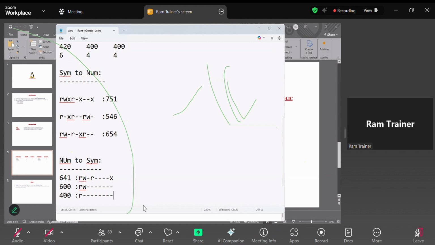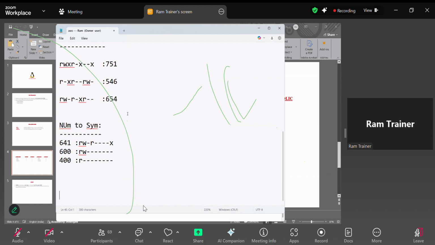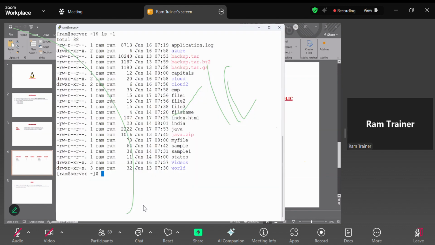The reason: who is the owner of the key pair? Those people only can read the content. Otherwise, everything is null permissions. Are you noted? So when the key pair is read only, then only it will associate and connect to the EC2 instance. At the time of AWS classes, I will tell you what is the use of 400 also. Now you got it, how to use symbolic to numerical and numerical to symbolic form. Correct? Now everyone is clear.